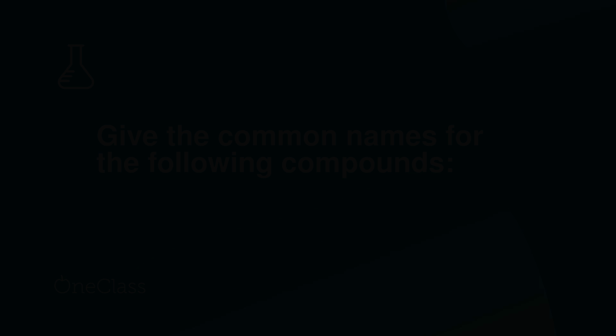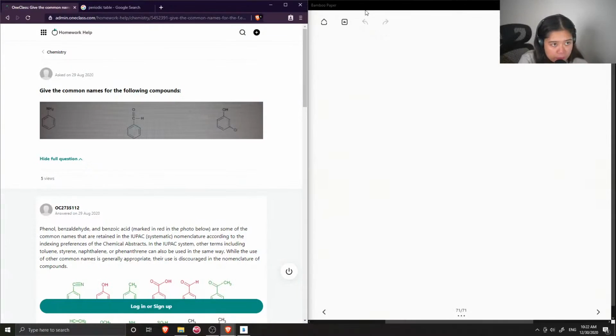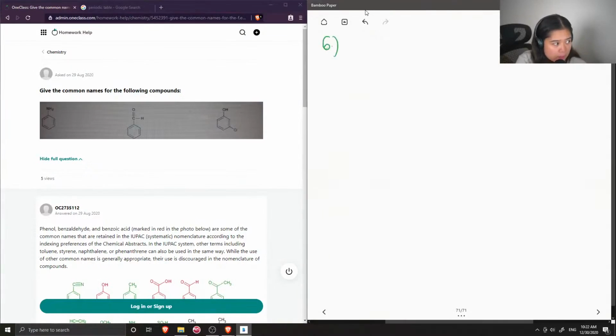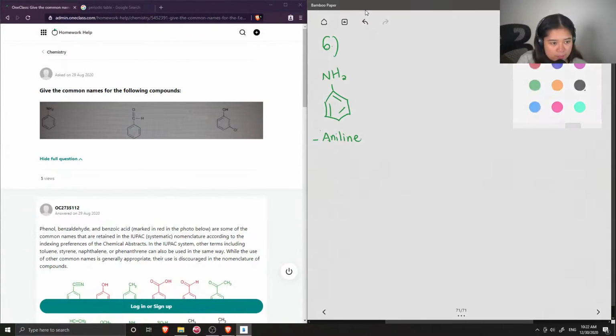Okay, so question 6. For the following compounds. So first we have a benzene ring that contains a single amine group. So the most common name for this compound is called aniline. It can go by other names as well, but this is the main one, so I'm just going to put